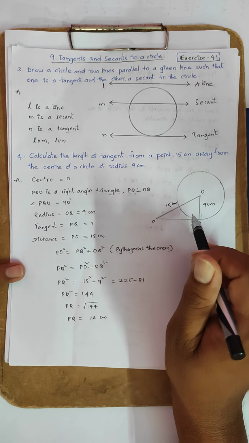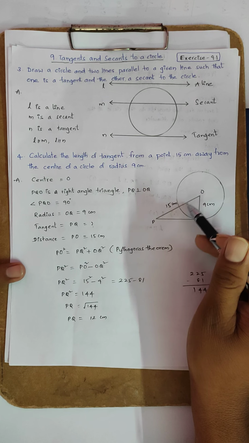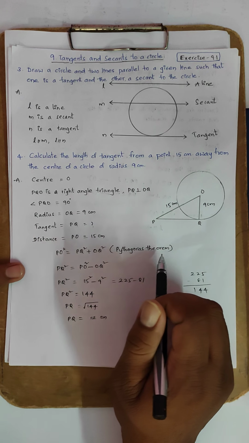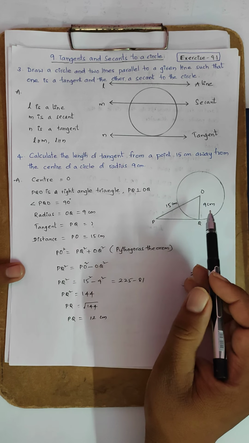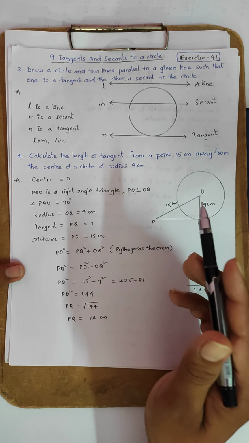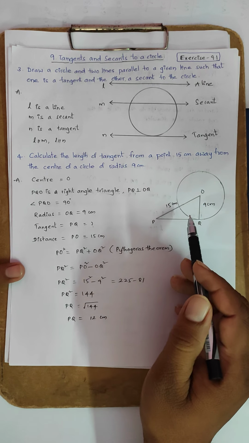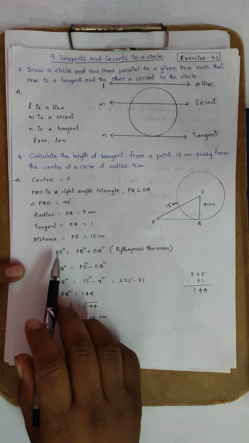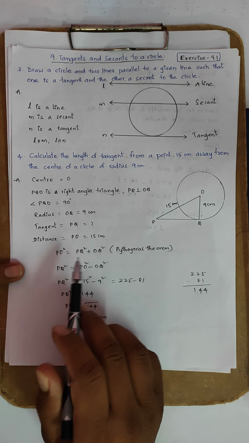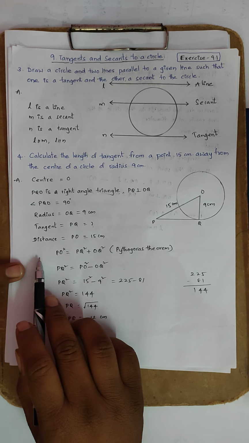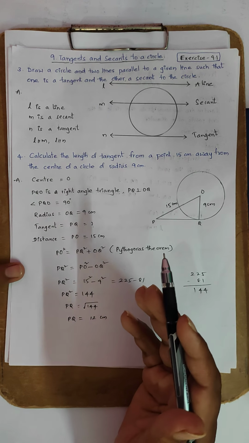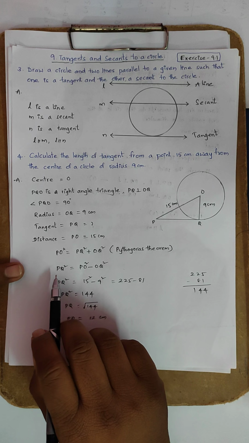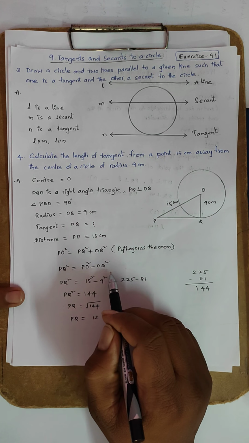This one is also a right angle triangle, with perpendicular side, hypotenuse, base side. I have written it clearly here. Then finally, using Pythagoras theorem, PO square equals PQ square plus OQ square. The value we don't know, write that as the subject. PQ value we don't know, so you must write it as the subject. If you write PO square is equal to PQ square plus OQ square, or PQ square plus OQ square is equal to PO square, all values are the same. Okay. Now PQ square is equal to PO square minus OQ square.